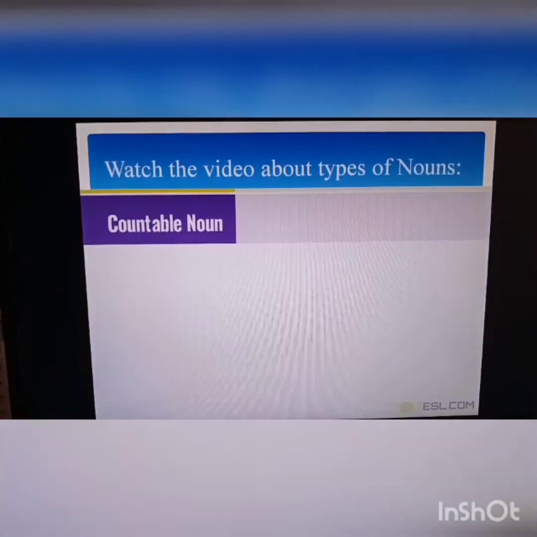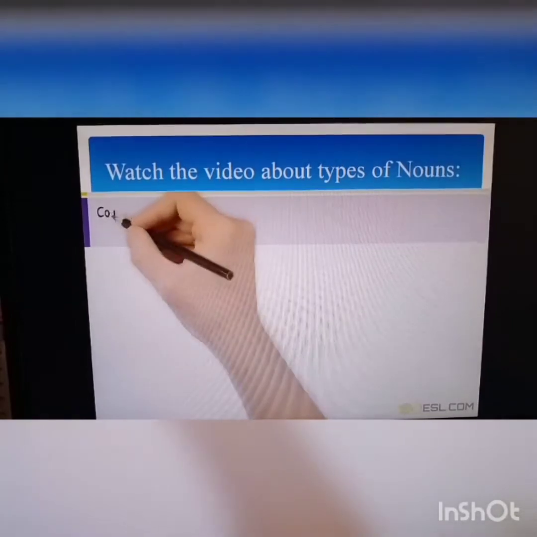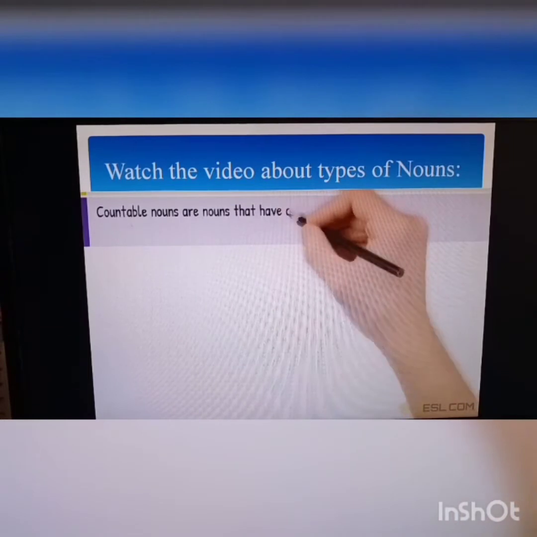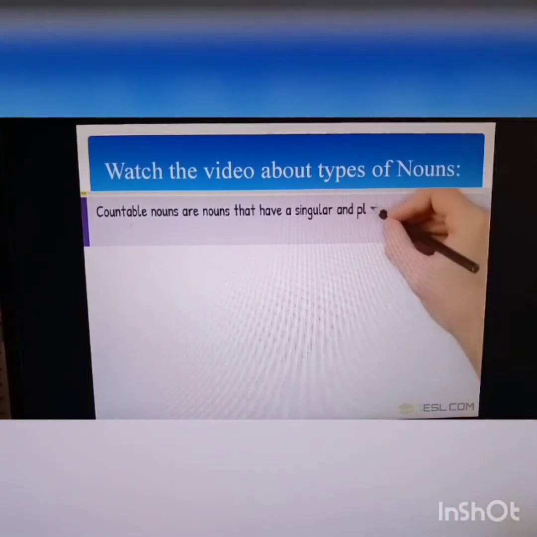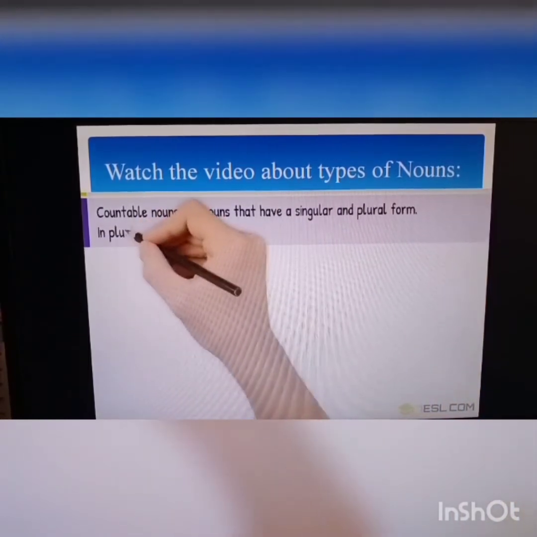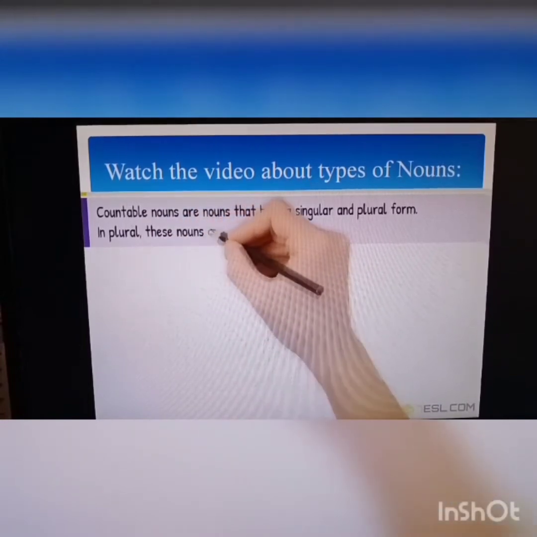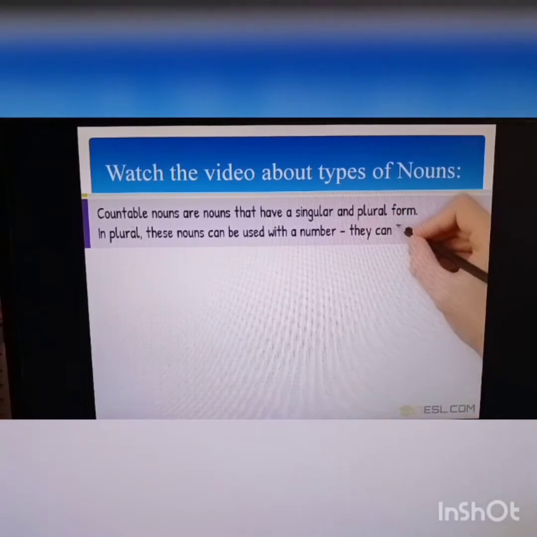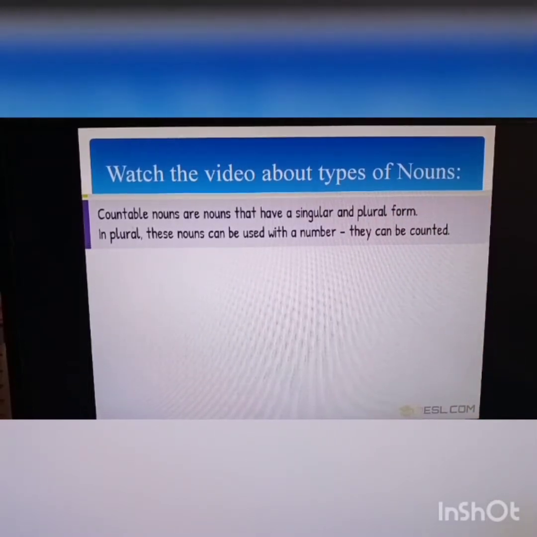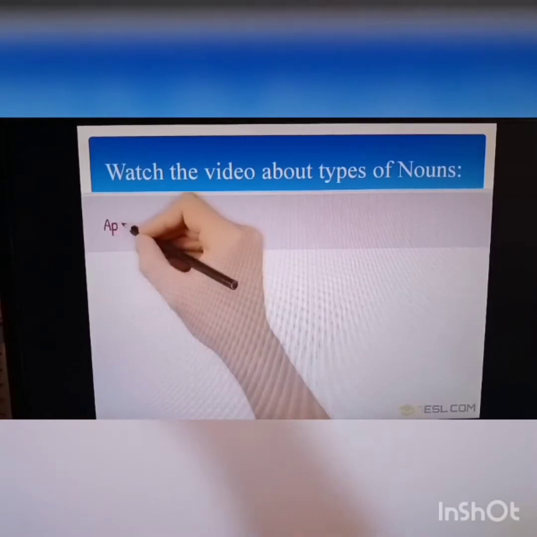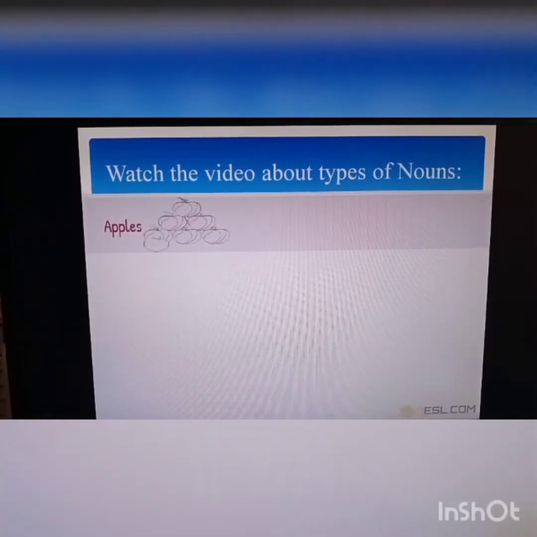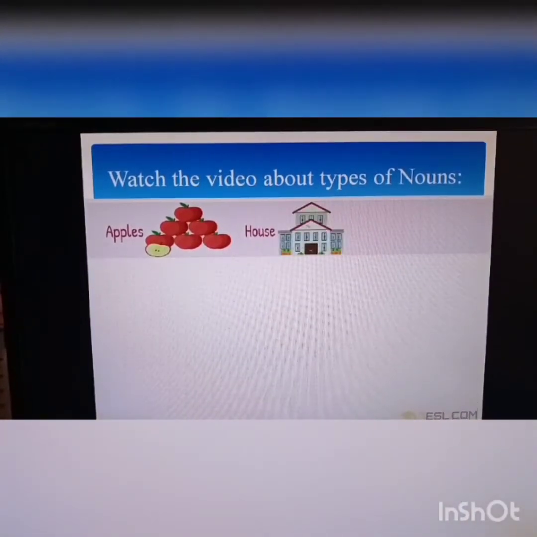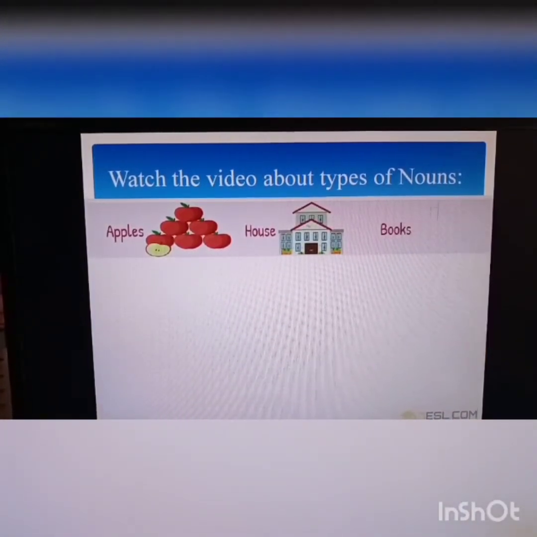Countable noun. Countable nouns are nouns that have a singular and plural form. In plural, these nouns can be used with a number. They can be counted. Apples, house, books.